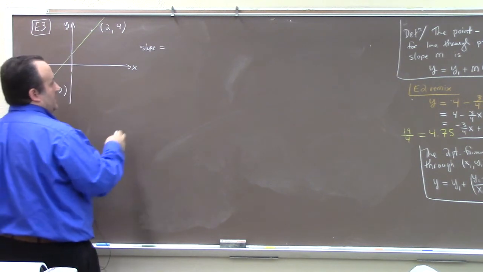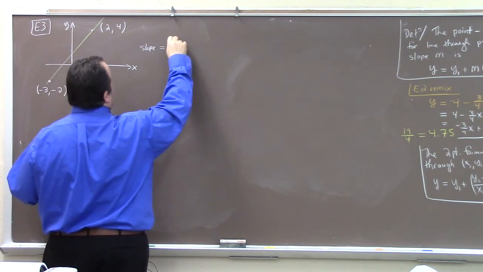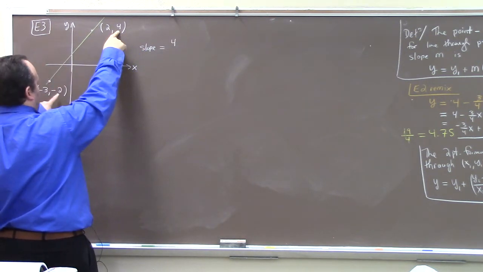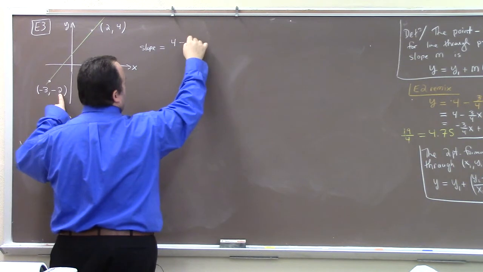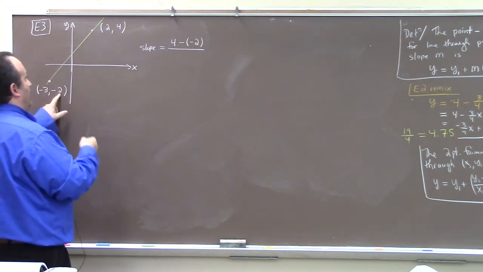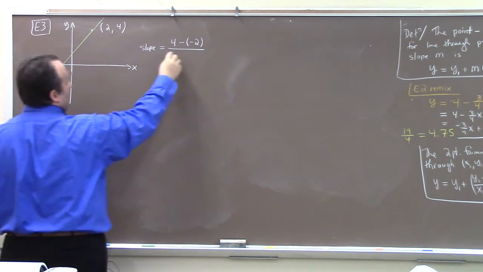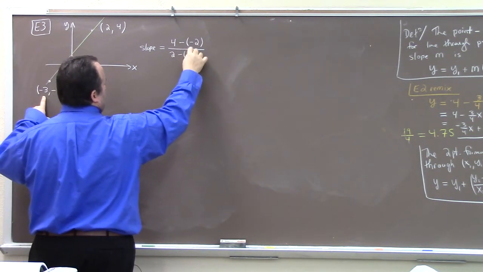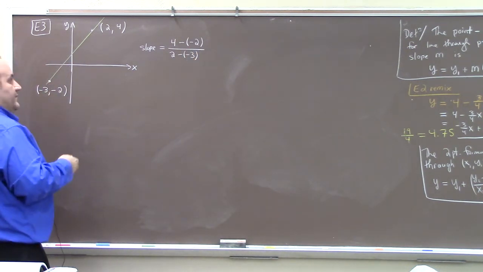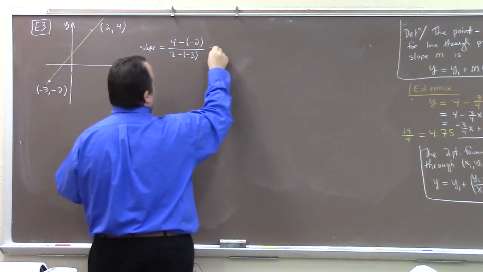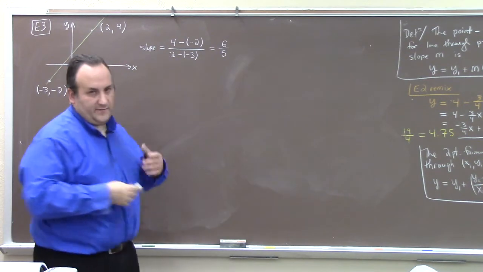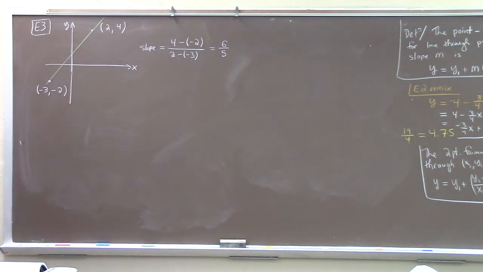So we want to do the y on this one minus the y on that one, and then 2 minus a -3. Now, that gives us what? That gives us 6 over 5. Now, whenever you do these kinds of calculations, you should always stop and ask yourself, does that make